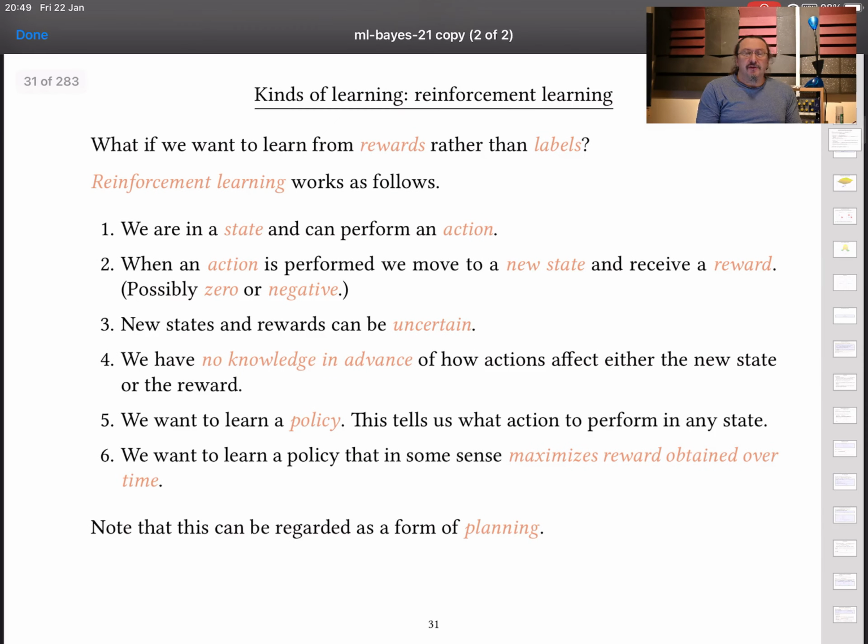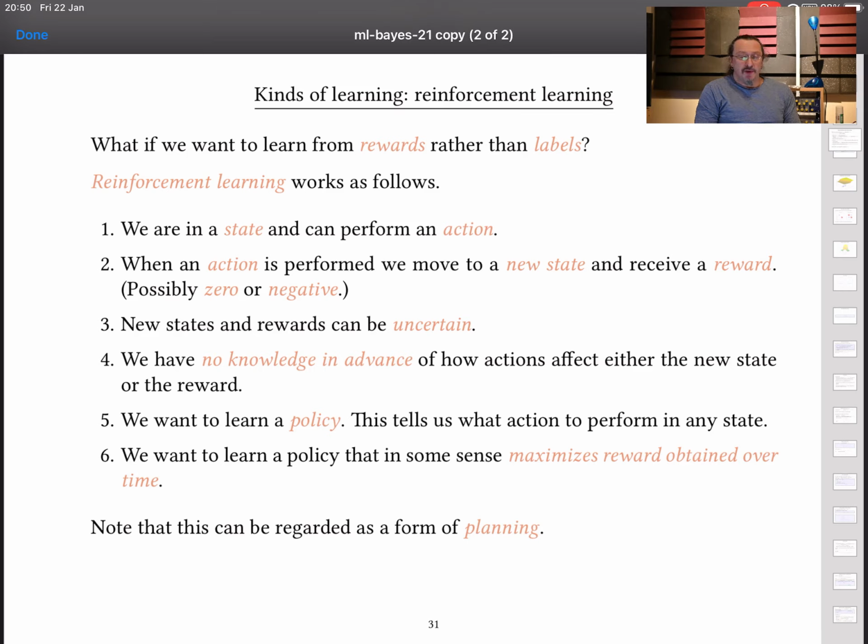The other kind of learning that I should mention, because it is rather coming into its own at the moment, is reinforcement learning. In reinforcement learning, we're not learning from labelled examples. This is class 1, this is class 2. We're learning from rewards. This form of learning is much more grounded in the kind of problem description that you remember from AI,